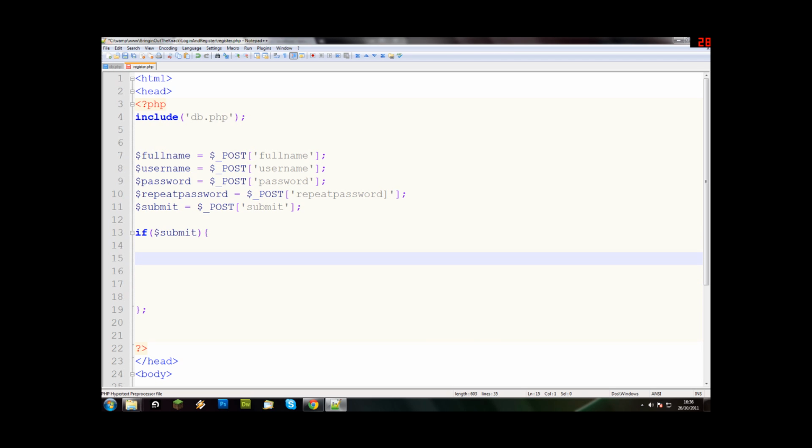So if they press the submit button, then run this. Inside here, we're going to do some indents. So we indent once, and then we say if, let's do some more of them. Okay, now we need to do it. Oh, there's something we've forgotten. Oh no, that's for login. It's okay. All right, so we say if